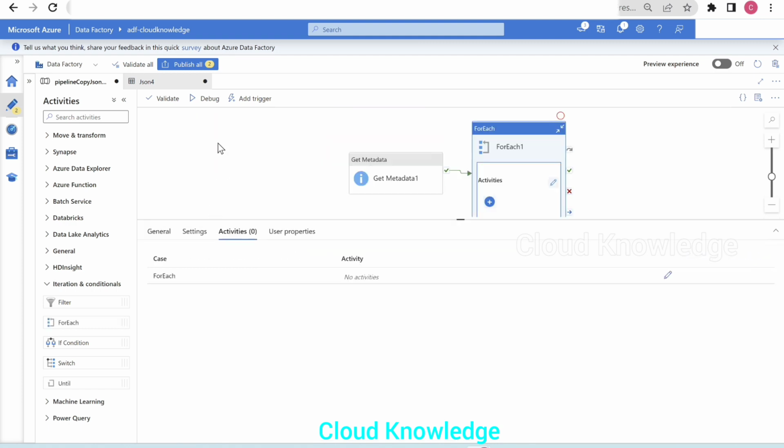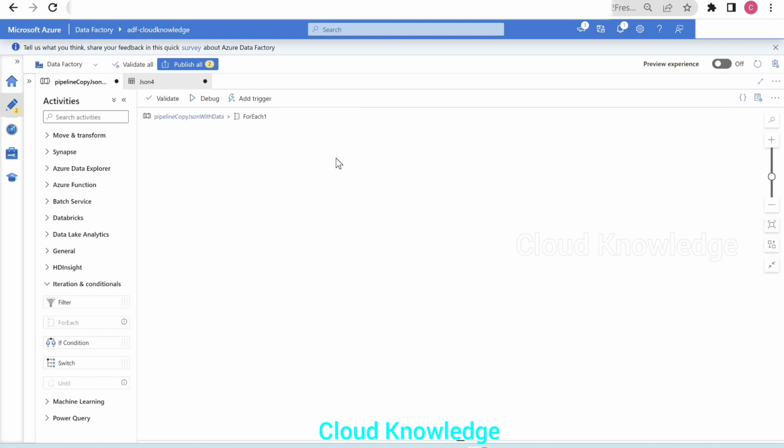If we go back here, the original pipeline is this. And if we click on for each and inside this for each block, we are inside this for each. And for each of these child items, we want to check the contents of the file one by one and then copy. So to check the contents of the file and copy, we have to first set the variable.